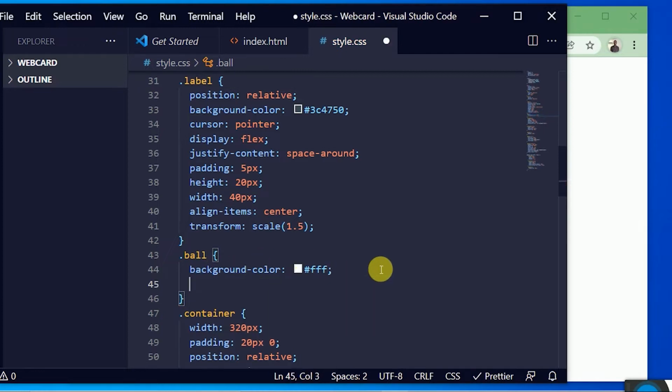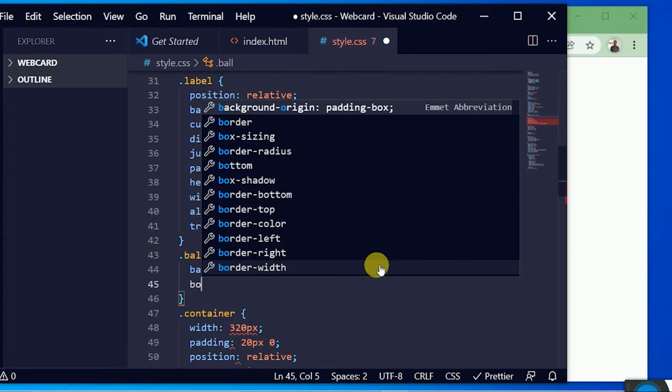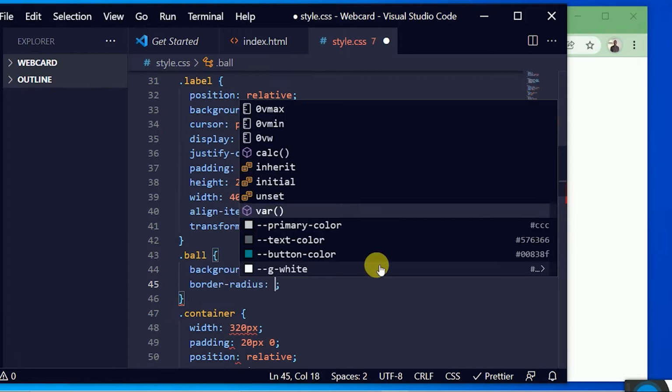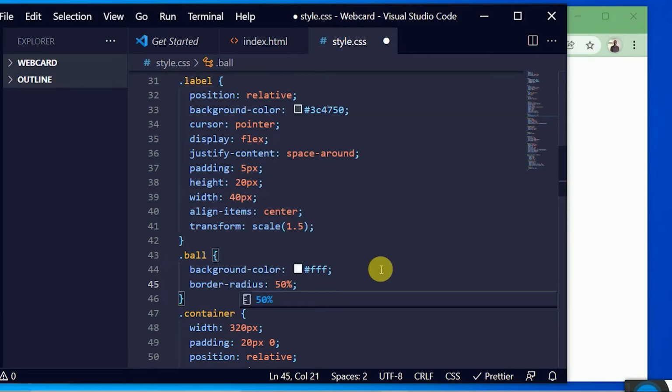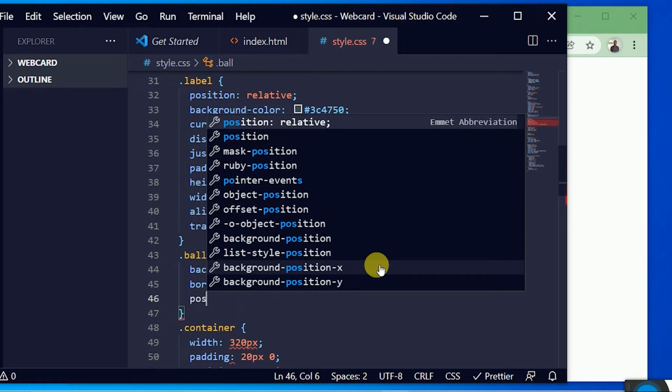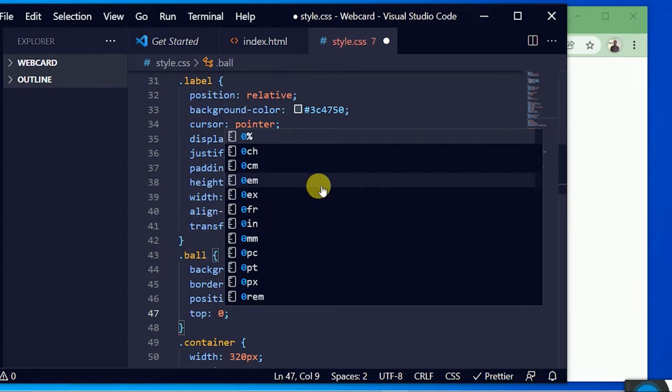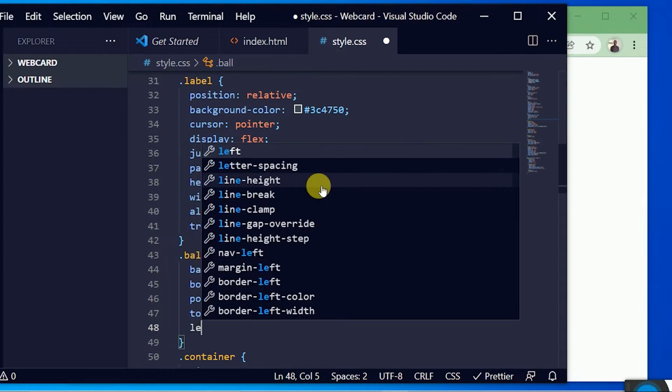So now the border radius of this one should be 50%. I forgot to add the border radius to the other one, which is the label, but we are going to be doing that. So our border radius of 50%, and also position of these two should be relative. Should be absolute rather, so that all of them can be absolute to the label itself. So it is the label we declare as relative earlier. So we are going to display this as absolute. Okay, so we want the top should be 0, the left should be